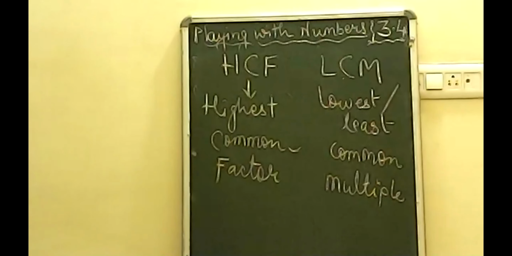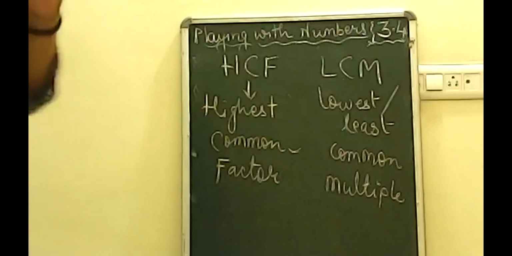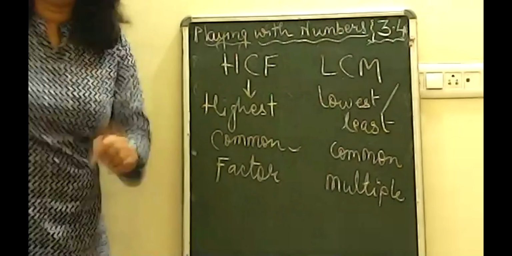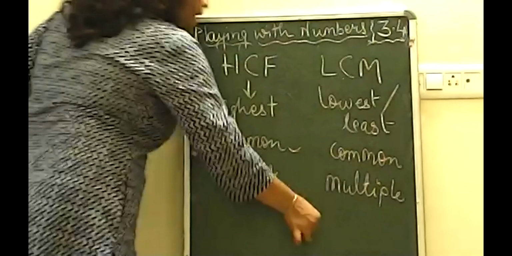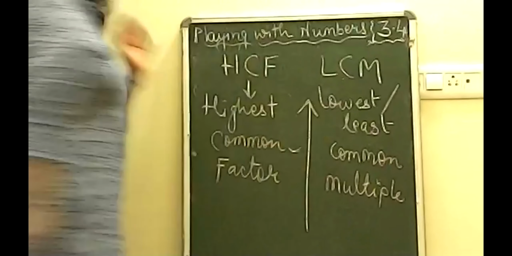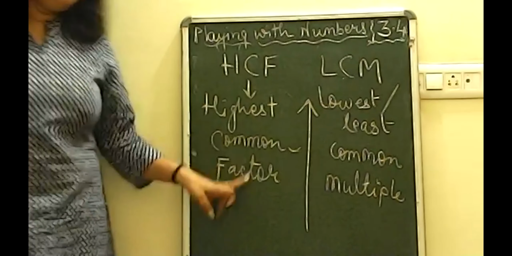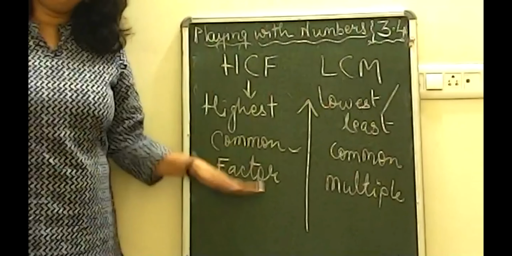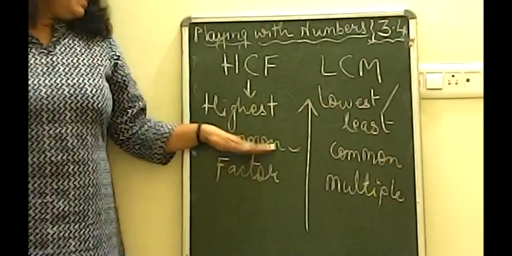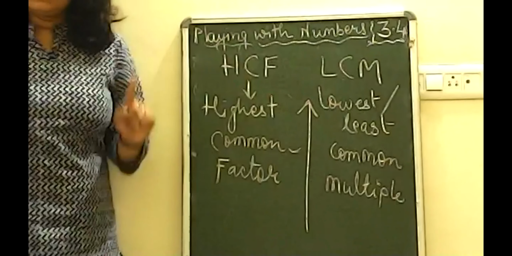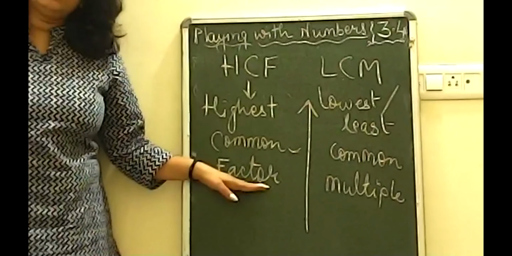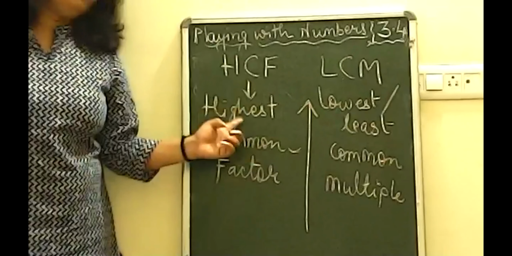Okay. Now always remember, whenever we solve LCM and HCF, we don't do it like highest common factor. We always do it in reverse. How do we do it in reverse, beta? We do it like this. Suppose we are doing HCF. First we find out factor, then we go to common, and then we go to highest. Once again repeating, if we are finding out HCF, first we go to factor, then we do common, and then we do highest.